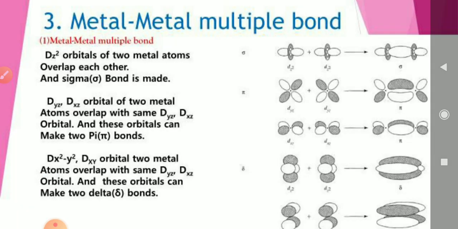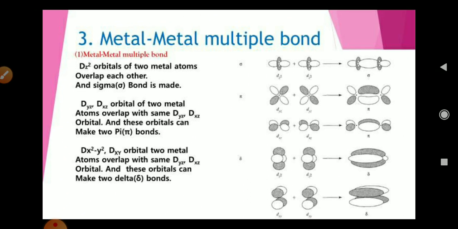In the metal multiple bond, the dz2 orbitals of two metal atoms overlap each other, and a sigma bond is made. Okay, two dz2 overlap and give the sigma. Then the dyz and dxz orbitals of two metal atoms overlap with the same dyz and dxz orbitals, and these orbitals can make two pi bonds. The dx2-y2 and dxy orbitals of two metal atoms overlap with the same orbitals, and these orbitals can make two delta bonds. In this diagram, you can see here the two